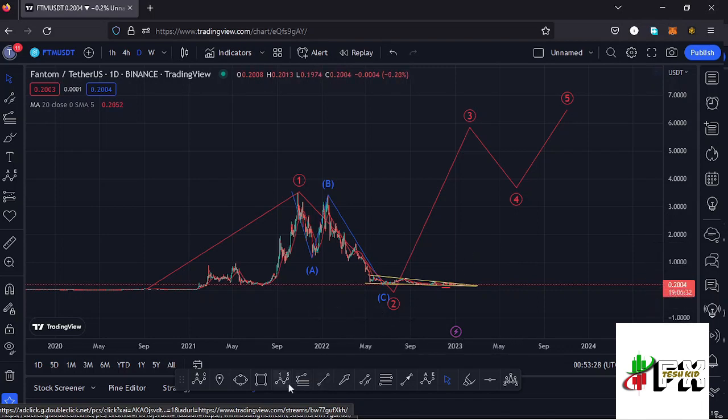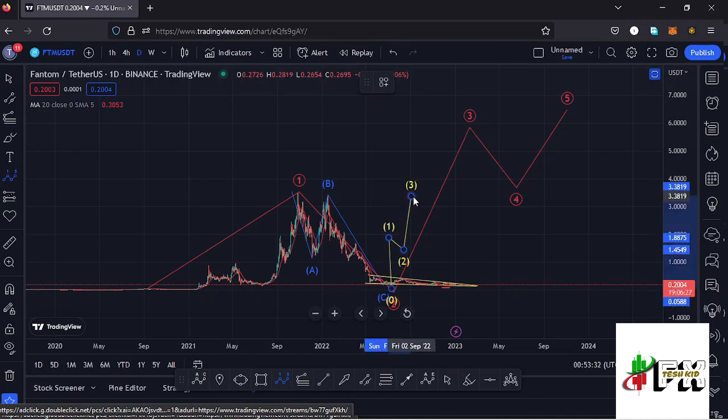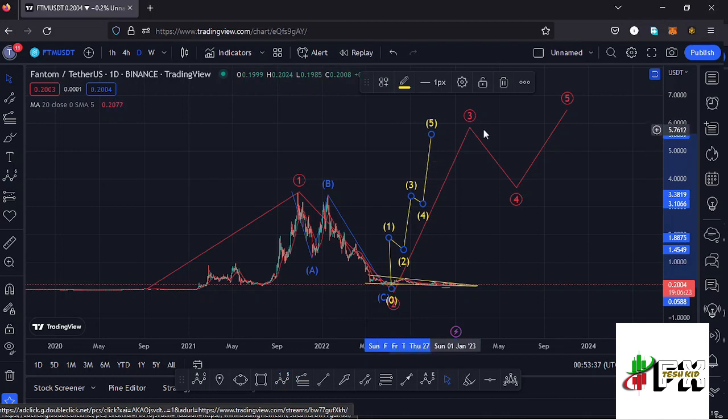And because our wave 3 to the upside is an impulsive wave, I will also be expecting to see fractal waves in formation within that higher Elliott wave count 3, having the wave 5 of the fractal wave completing that higher Elliott wave count 3 to the upside.